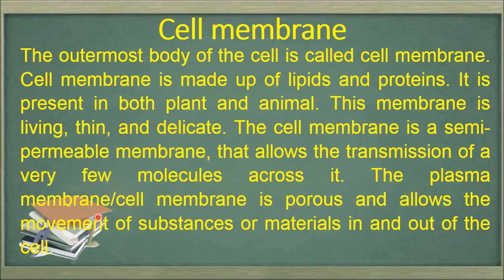It's very delicate, and living in nature, because the plant cell has an additional layer, which is the cell wall, which is non-living in nature. The cell membrane basically helps in the transfer of molecules in and out. It is selective in nature, it doesn't allow all the molecules to go in and out. So it takes care of which molecule should go in and which should go out.